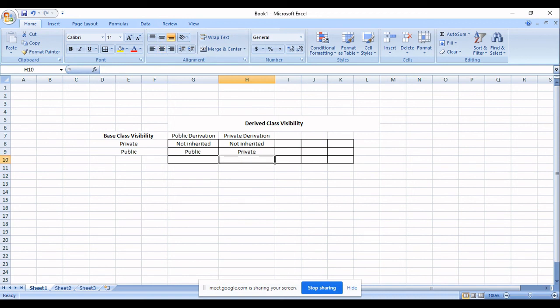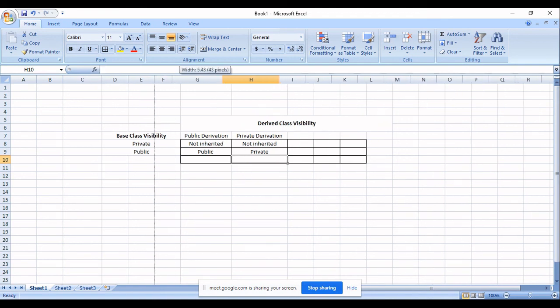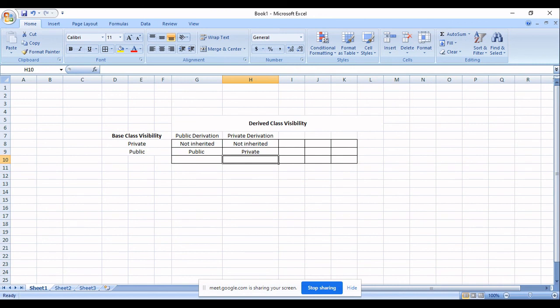There is one more keyword, we will add it in the next class, and before that I want you to remember this thoroughly. There should not be any confusion when you have visibility and derivation with the keywords private and public. Only when you are thorough with this, we will move on to one more access specifier. Alright.